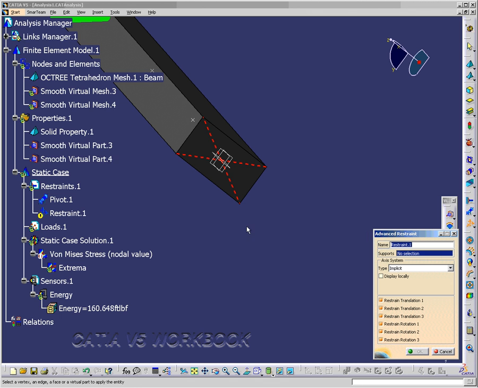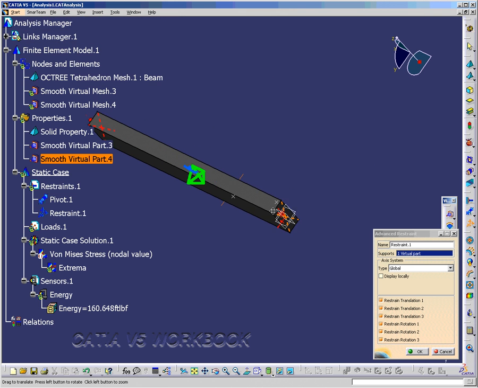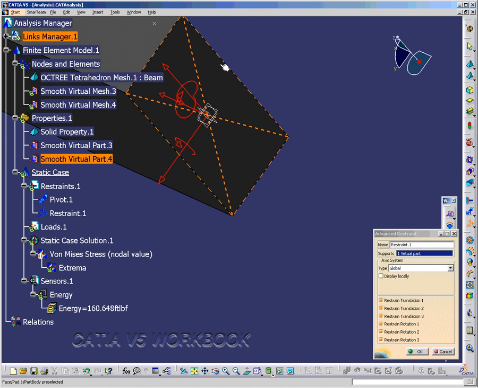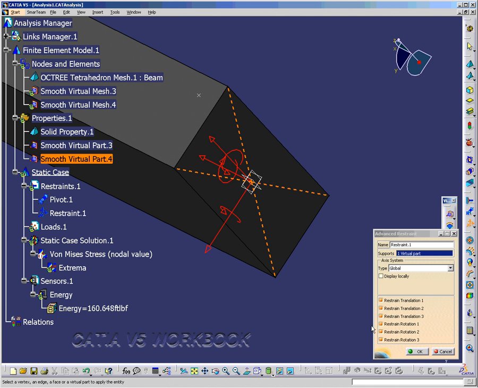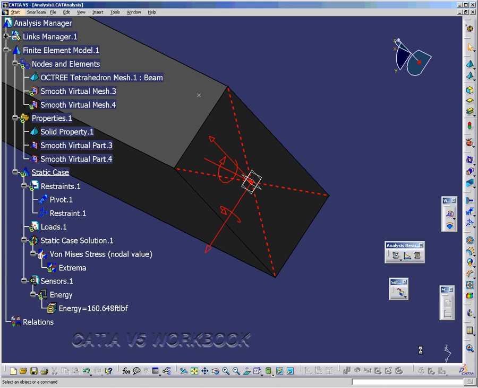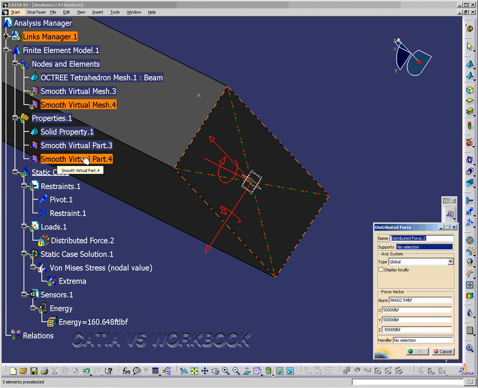So I'm going to select restraint. I'm going to select the smooth virtual part.4 as the support for that restraint. I'm going to zoom in, and I want it to be able to translate, and so I'm going to remove the translation 1 and the restrain rotation 3 so that it can rotate in those directions. And I'm going to add a distributive force,